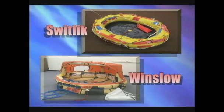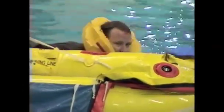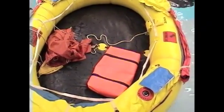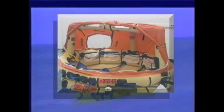The life rafts that are put on FAA aircraft are of the highest quality. The two life rafts you will find are the Winslow raft or the Switlik raft. But without proper knowledge of the raft and its components, you put yourself and your fellow crew members at a disadvantage. Some of the features of these life rafts are CO2 and nitrogen inflation system with oversized buoyancy tubes, tripod arch auto-inflating canopy support system, oversized 4-rung boarding ladder, 5 boarding assist handles,